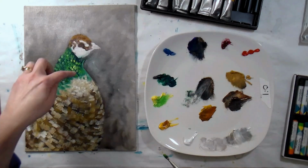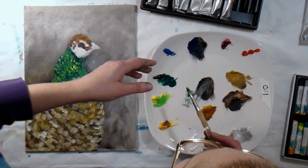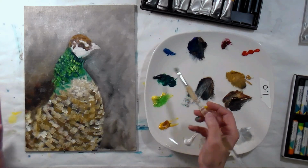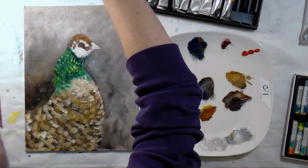Okay, and I want some bluer feathers in here. This cerulean blue here, I think it's cerulean, it looks like cerulean. It's actually, yeah, cerulean. It's actually a little too light, so I think what I'm going to do is see what kind of color I get